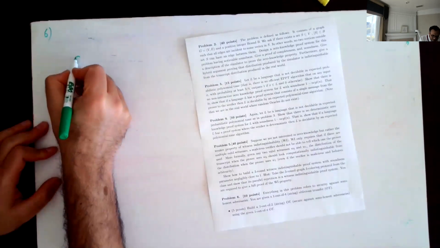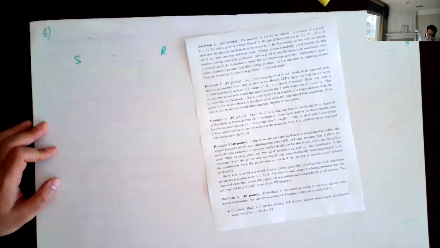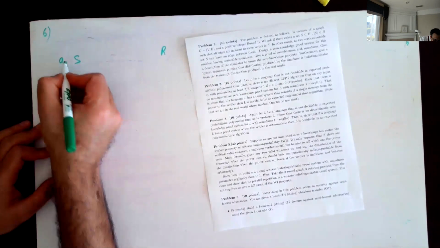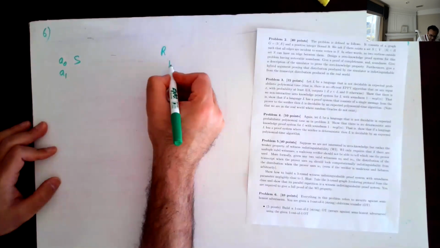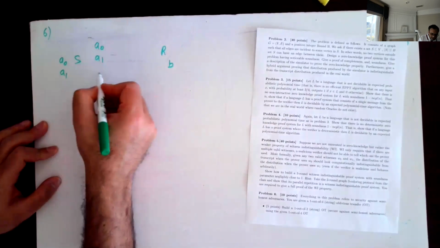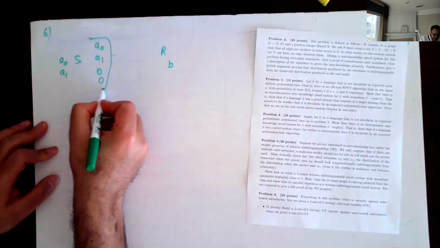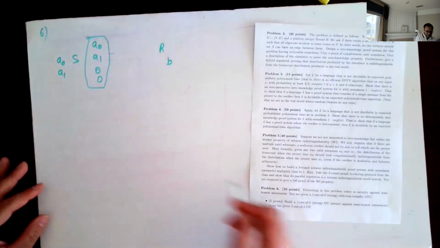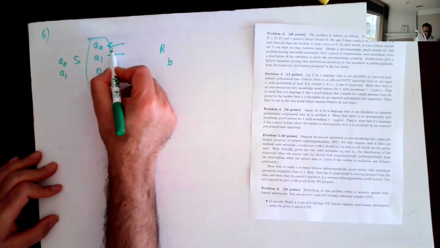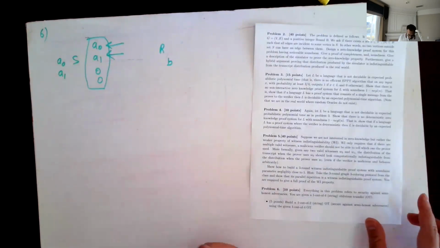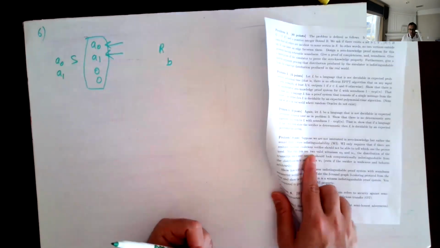So we have the sender and we have the receiver. The sender, let's say, has 2 inputs, A0 and A1. The receiver has a bit B. So the sender will prepare A0, A1, and in the other 2 places, the sender will just put 0. And the receiver will either ask for this bit or this bit. So essentially, we use 1 out of 4 oblivious transfer, we just don't use position 3 and position 4 in any meaningful way.